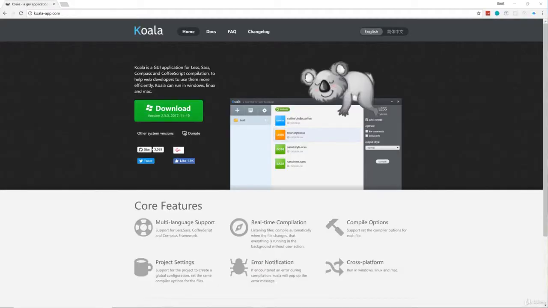All right, so we're going to get started on the Mazooks project, but the first thing I want you to do is install something called Koala, which is a Sass compiler, a Less and Sass compiler. And Sass is a CSS preprocessor that allows you to use things like variables and nesting. We're going to look at some of those features, but most importantly, I'm going to show you how to use